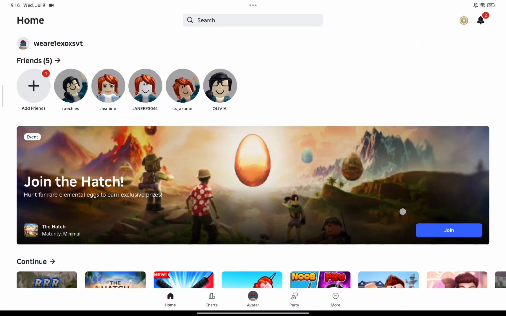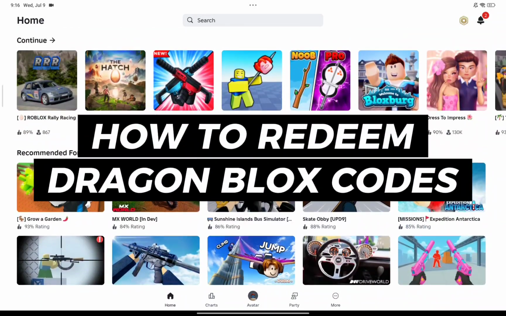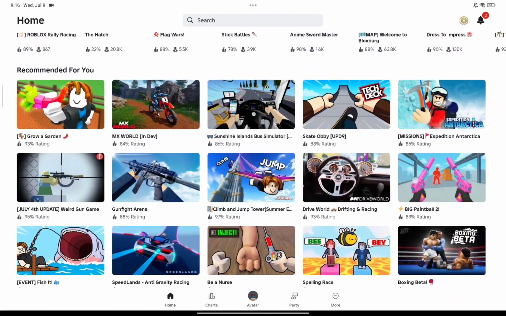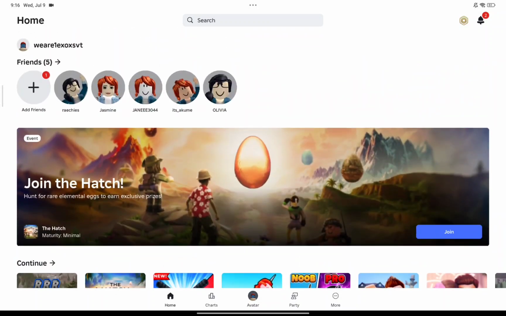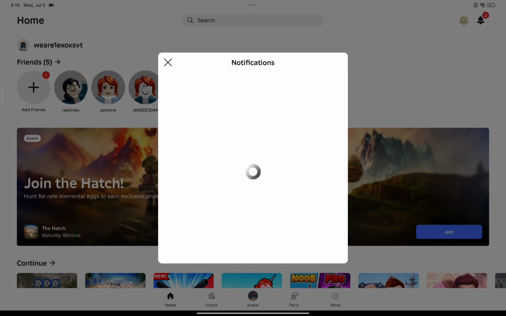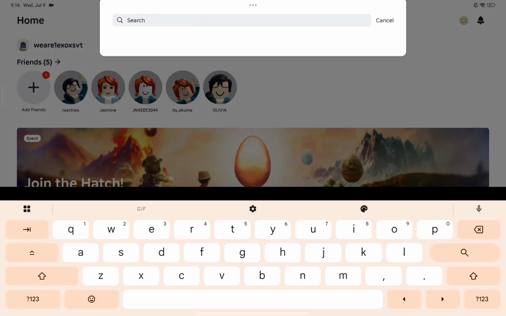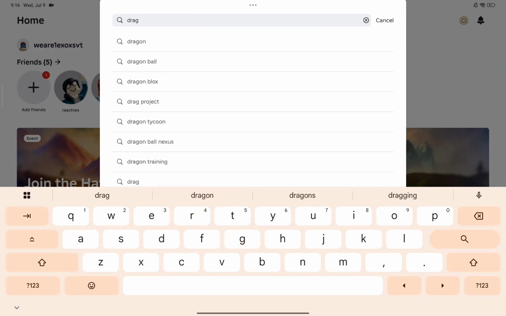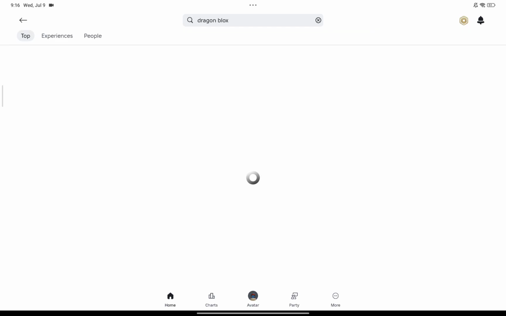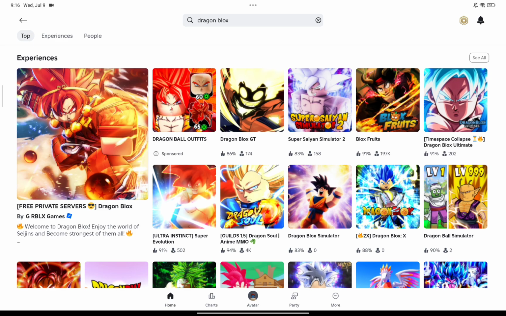In this video, I will show you how to redeem Dragon Blox codes. So to get started, go ahead and open Roblox, and then in here, go ahead and search for Dragon Blox. So you can use the search bar to be able to look for that. And then on the search results, go ahead and click on the first result, such as this result, Dragon Blox